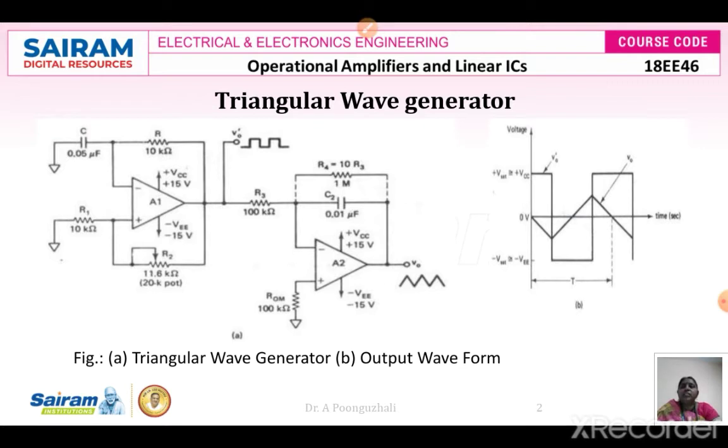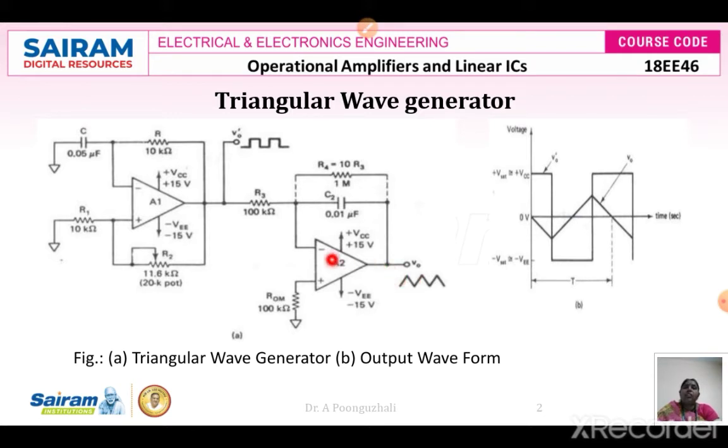Here this is the basic block diagram of your triangular wave generator. A triangular wave generator is going to consist of, if you are going to see, this is your first block. This first block is nothing but a square wave generator, the first circuit. The output of this square wave generator is going to be given to an integrator, where your integrator is going to integrate this square waveform and we are going to get a triangular waveform there.